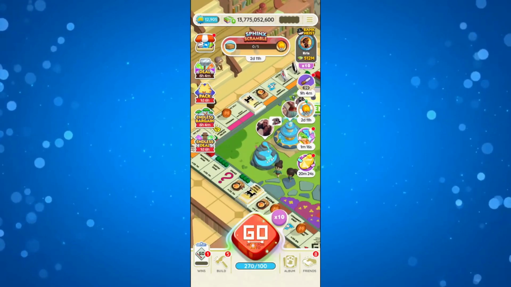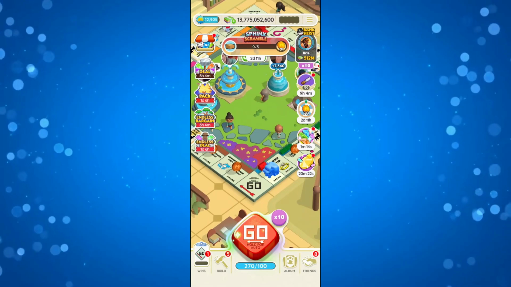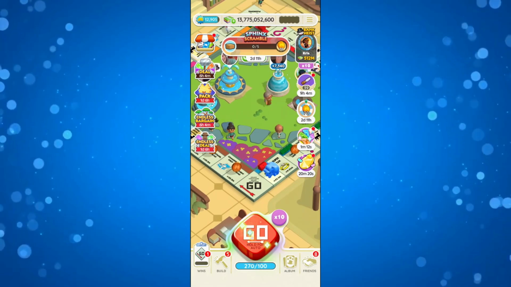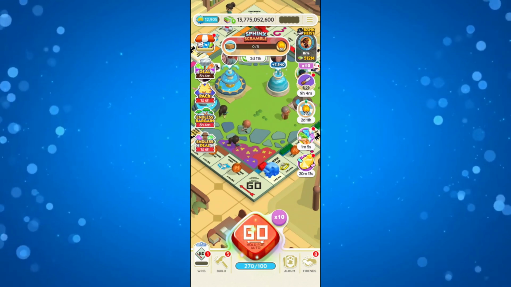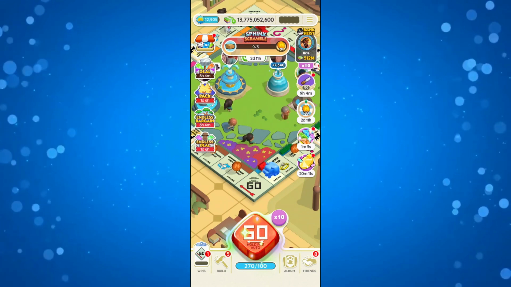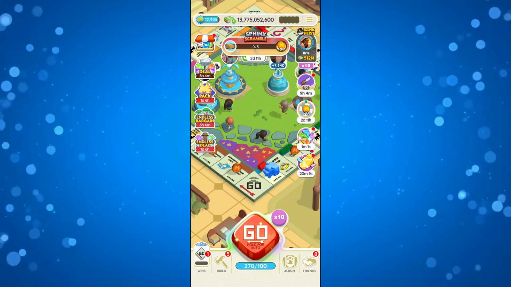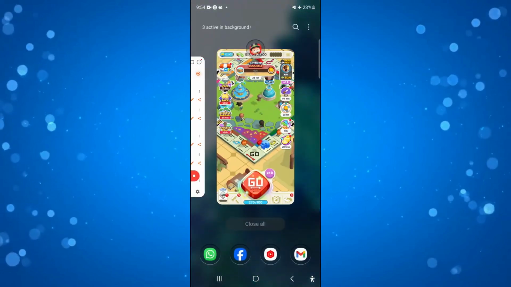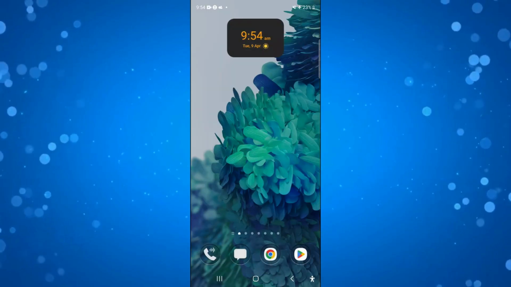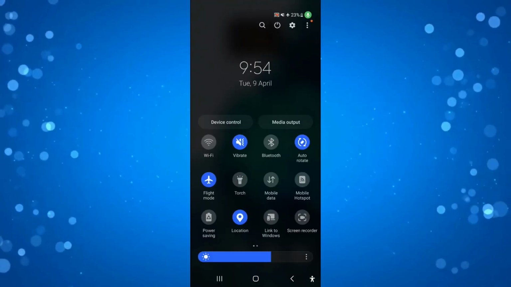Now for myself, I've actually landed on just a plain square, which I didn't want to land on, and I've lost 10 dice. As you can see, we're now down to 270 dice. So what the airplane mode does, it basically resets that turn, so it's going to reset it back to 280 dice. So what you want to do at this point is actually go ahead and quit the game fully on your device. Once that's done, what you're going to want to do is go ahead and turn off airplane mode,